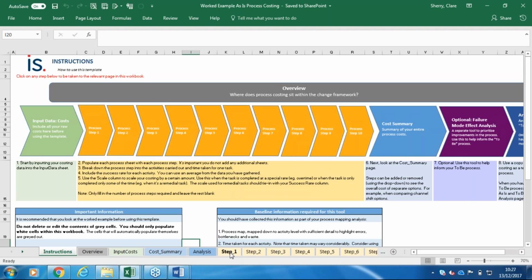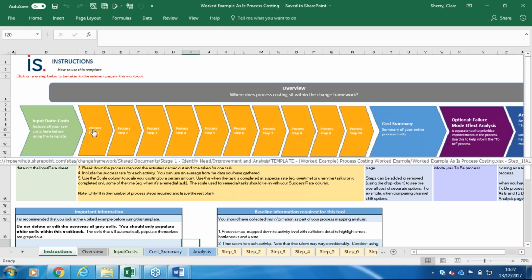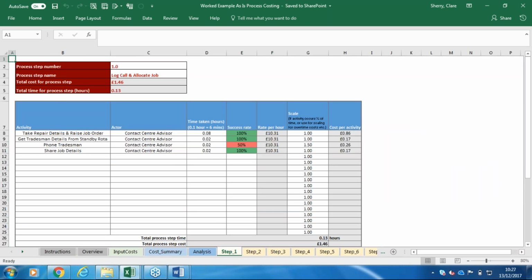So what we would do is there's a tab for each step. If I click into process step 1, it matches the process map that I've just shown you. The first step is take the repair details, and then we've got in there the person, and then we work out how long it takes them to do that task and how often that task is carried out. So as part of your process mapping, you should be asking how often the process follows that route and how often it doesn't. So the calculation includes any errors or any rework that you might have. So you write down the success rate, and then on the admin tab